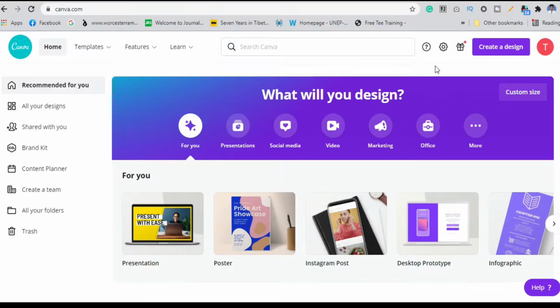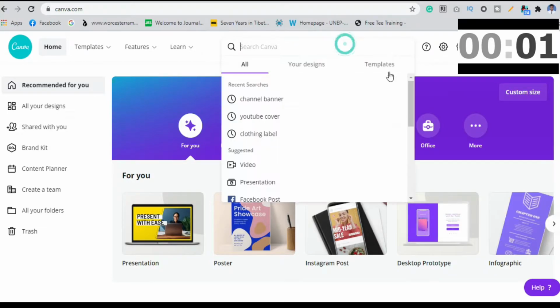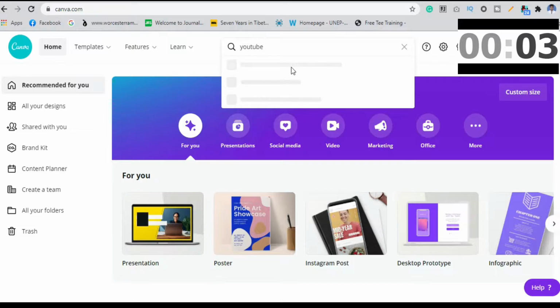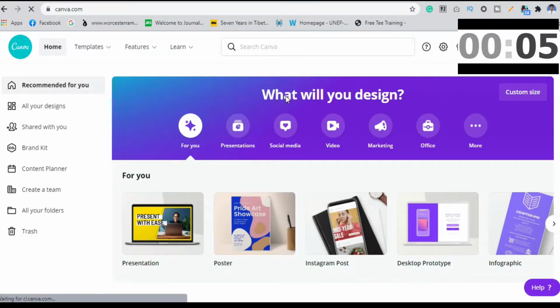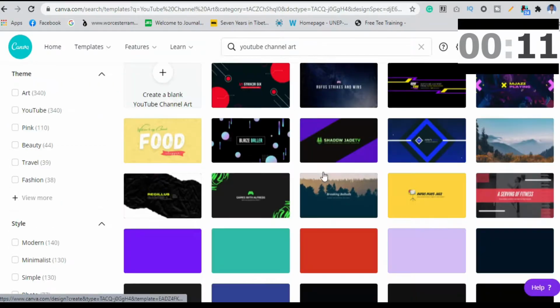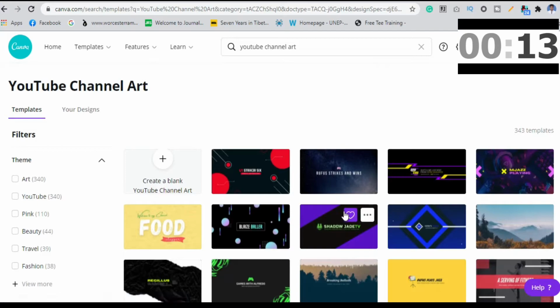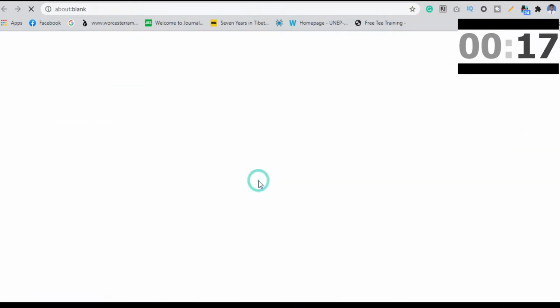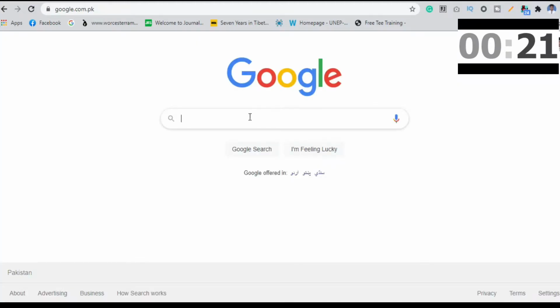So we are inside my desktop and we will be using Canva for this purpose. So the first step would be to search up YouTube channel art, and this would give us all the designs that are actually made for the purpose of YouTube channel arts and banners. So these are the designs here which anyone can use, but we are going to go with the custom design. So we will actually open it up, and the second step is to look for the YouTube